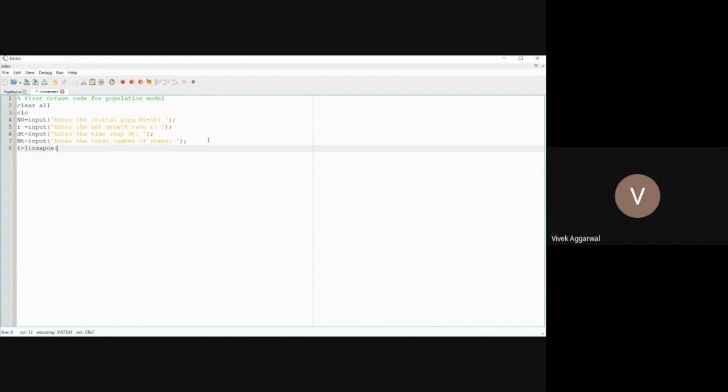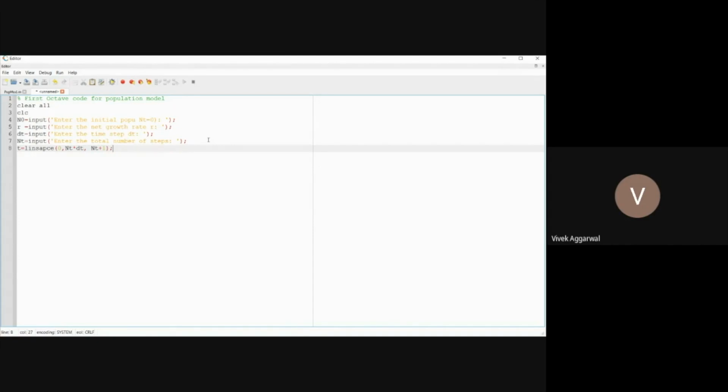So linspace I will start from 0, and then nt is the total number of time steps I want, multiplied by dt. So this will be the total, capital T, that how long we want to go. And then I want that it should give a mesh with nt plus 1 number of mesh points.